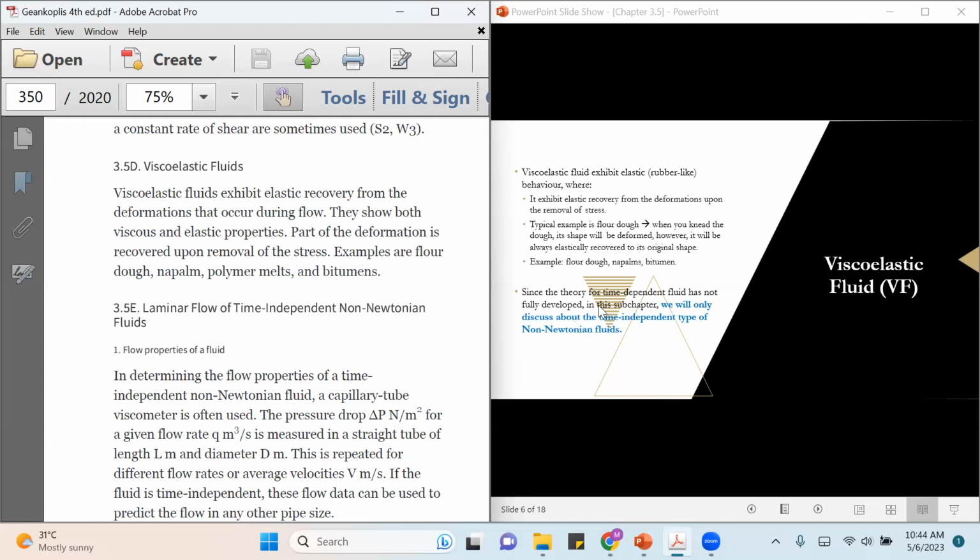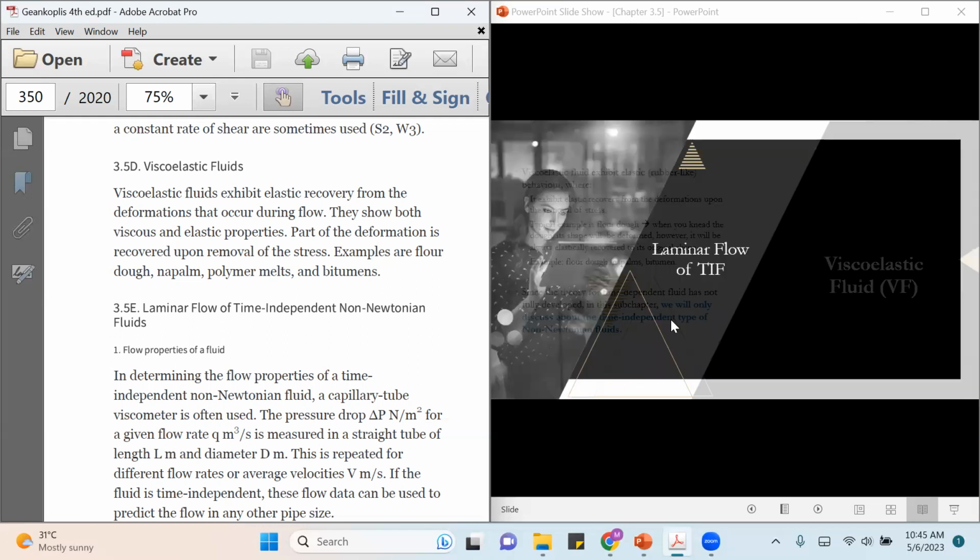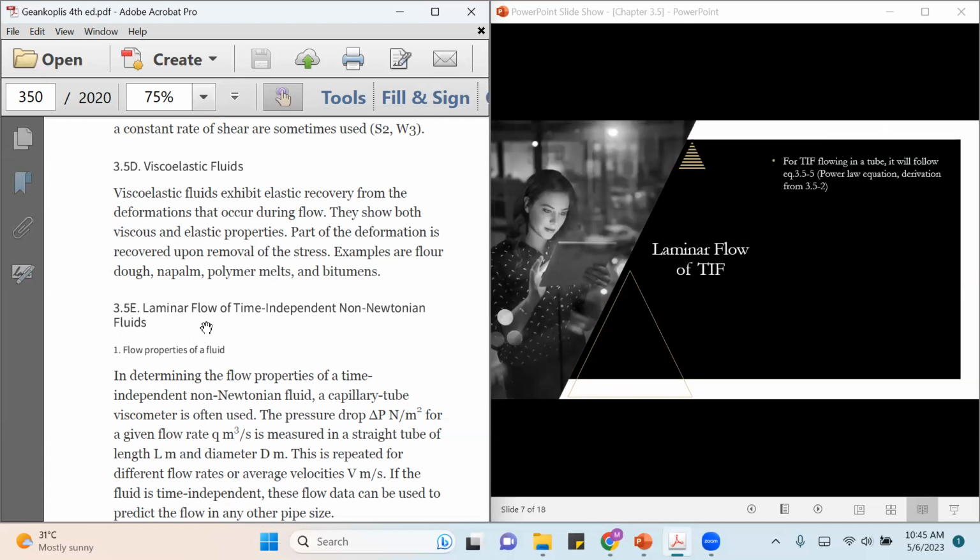However, since the theory for the TDF has not been fully developed, in this subchapter we will only talk about the TIF type of non-Newtonian fluid. After we know about the TIF, the TDF, and non-Newtonian fluid in general, we will talk about how this type of fluid flows inside a pipe. We will go again to laminar and turbulent flows. We will hear these terms again. So, for laminar flow of TIF,